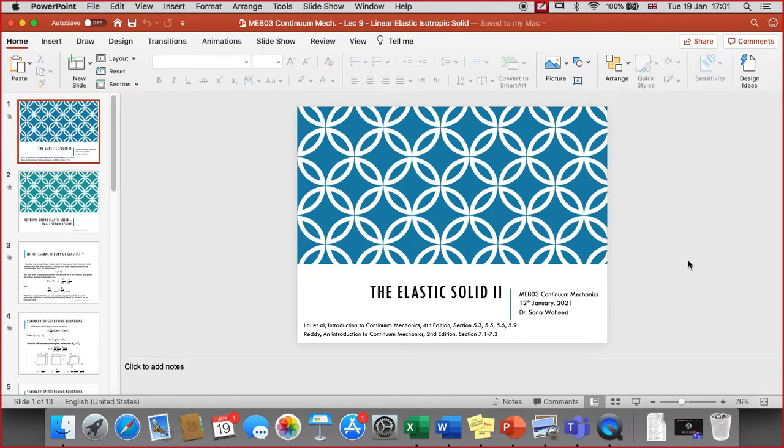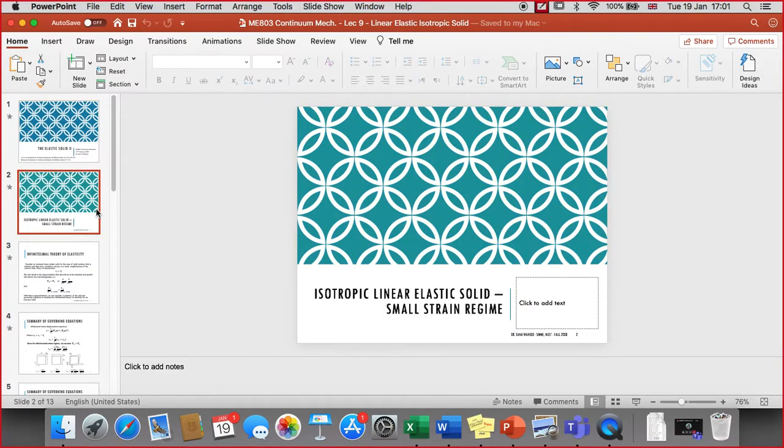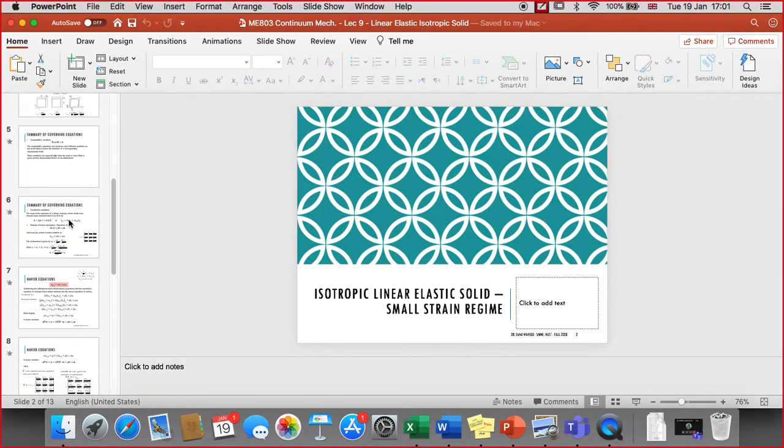So we have been looking at a very special continuum medium, which is the simplest possible solid, and that is the linear elastic isotropic solid, right? And we discussed how it is this special linear elastic isotropic solid that needs only two elastic constants, or two material parameters, to define its mechanical response completely, right? So we saw that using these two